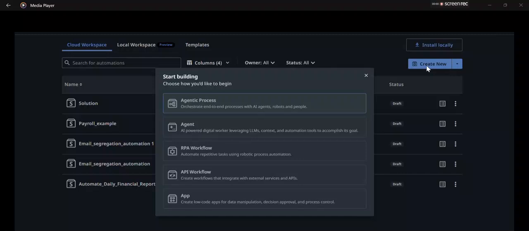RPA lab number 9 covers the automated calculation of employee payroll by extracting data from Excel sheets, applying the business rules, and generating the final payroll. In it, we have to create a robot and do the process of what we are going to do in the project management. So basically, we'll dive into the project itself.